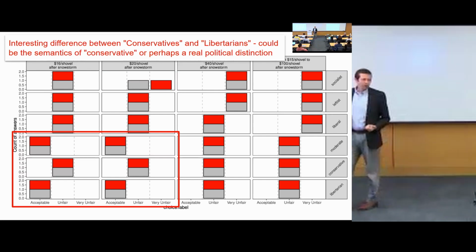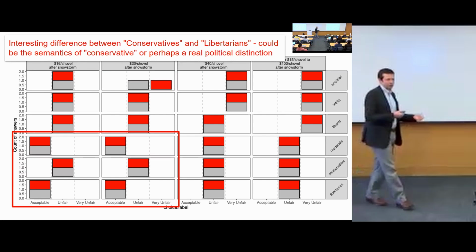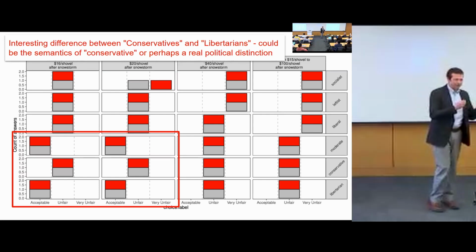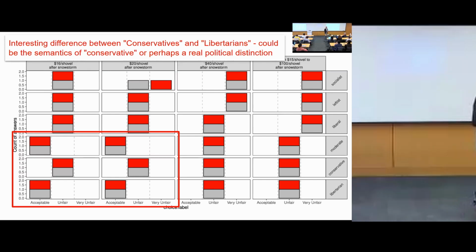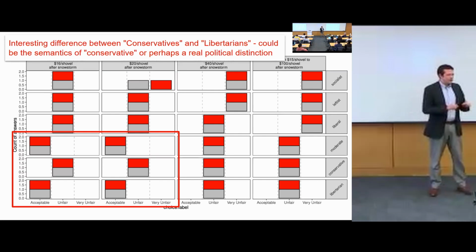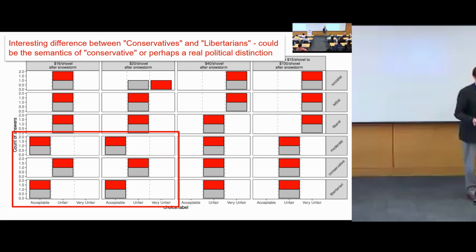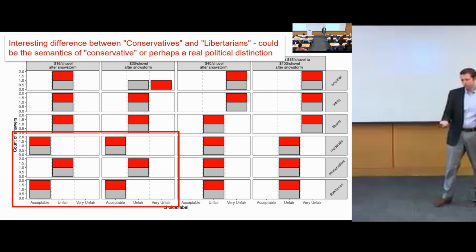And I was thinking, well, maybe it's something about the language "conservative", maybe there's a delta between libertarian and conservative, or maybe this is just totally an artifact of the models and there's nothing here. Neither of you is actually interested in snow shovel studies, right? But the point is, from the comfort of my own laptop, I found an anomaly that I could maybe think is worth further study.